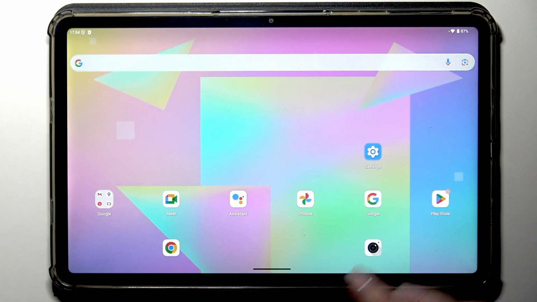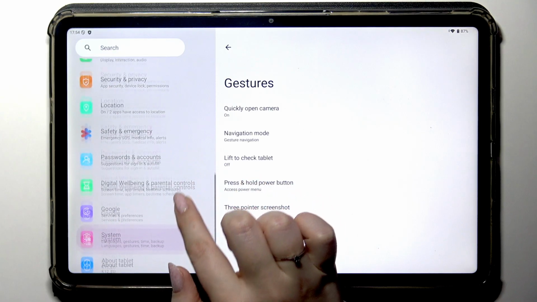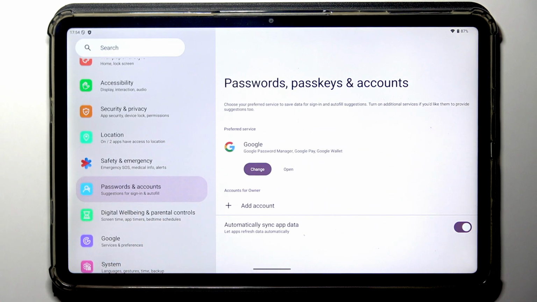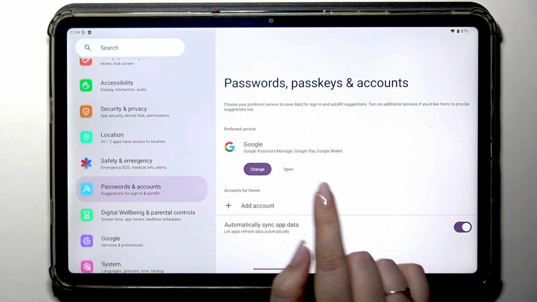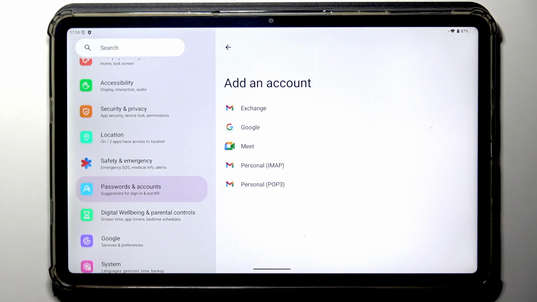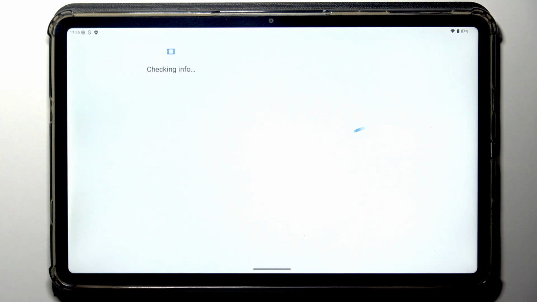So let's start with opening the settings, and here in this left section we have to scroll and find passwords and accounts. Also make sure that you've got the internet connection because it is required. Here we've got the section accounts for owners, so let's start by adding the account. Let's tap on it and then choose Google. As I said, make sure that you've got the internet connection,